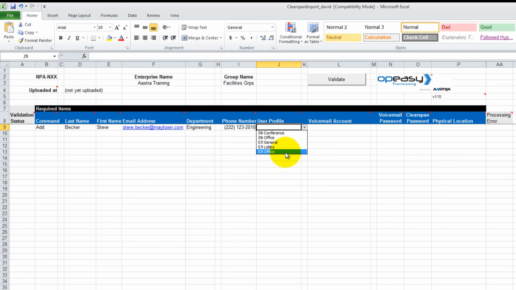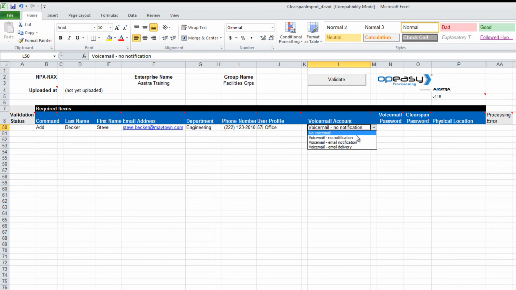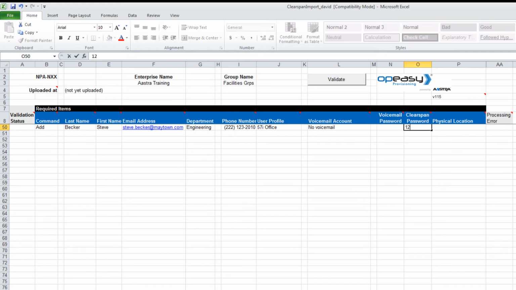57i office. Voicemail account. We're going to select no voicemail in this instance. Voicemail password, therefore, can be left blank due to the fact that we are not equipping this user with voicemail. ClearSpan password for ClearSpan web portal, 123456. Phone location,